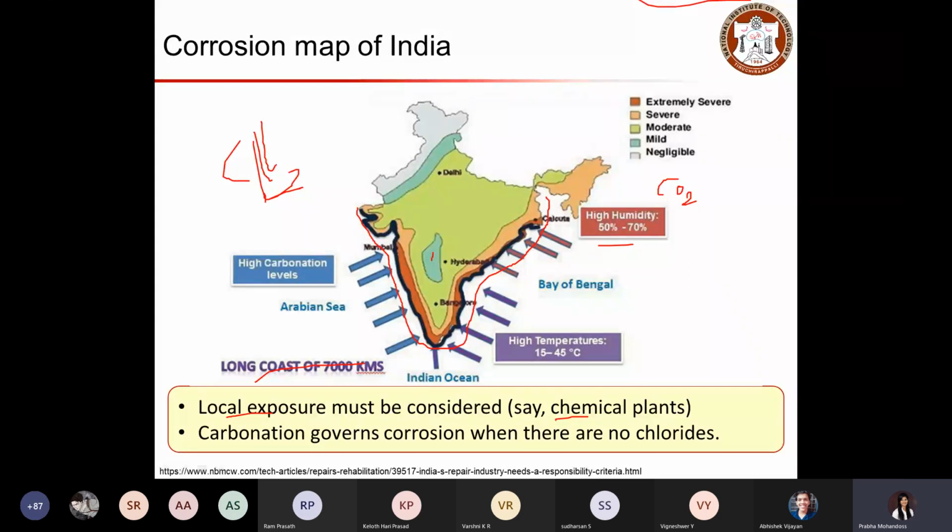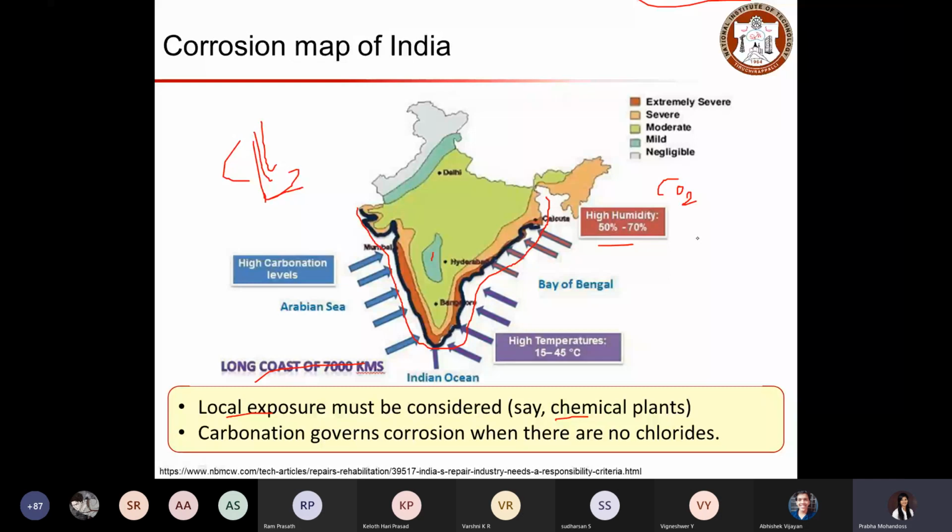The carbonation induced corrosion will not occur when the humidity is more than 70%, or if it is less than 50%. That means if the environment is too wet, your structure will not be affected by carbonation, and if the environment is too dry, then it will not be affected by carbonation either.